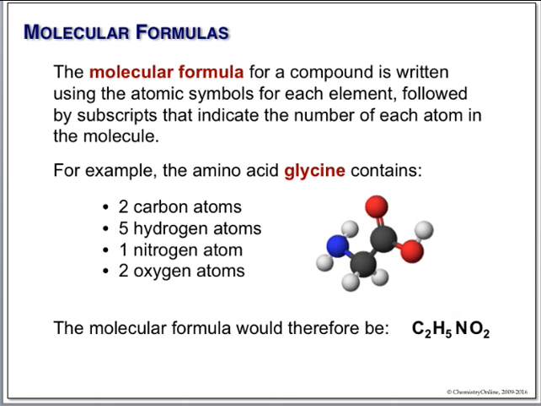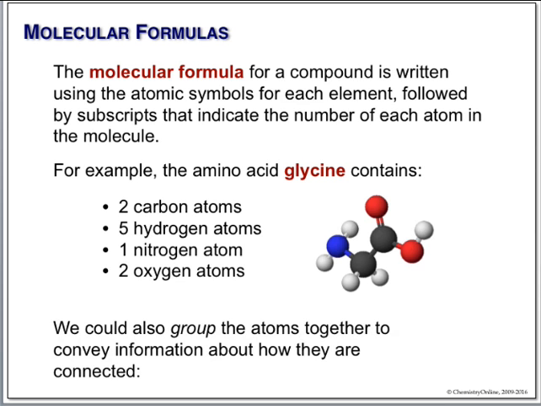Now, this is a condensed formula. That's what it's called. The problem with a condensed formula is you can read this and it doesn't tell you a clue what the molecule really looks like. Therefore, we can modify this to kind of show the way things are stuck together. This is one way you could do it.